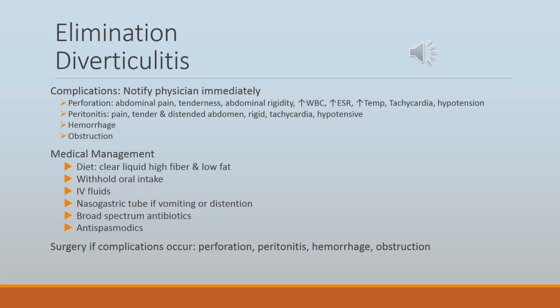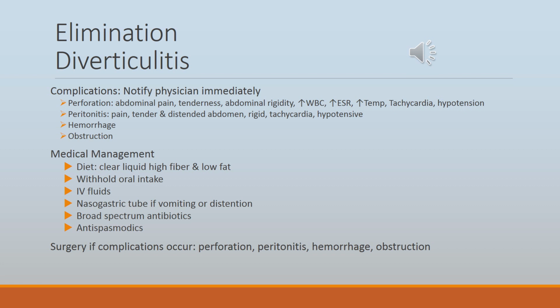Abdominal pain, a rigid board-like abdomen, loss of bowel sounds, and signs and symptoms of shock occur with peritonitis. For the medical management, diverticulitis can usually be treated on an outpatient basis with diet and medication. When symptoms occur, rest, analgesic medications, and antispasmodic agents are recommended. Initially, a clear liquid diet is consumed until the inflammation subsides, then a high-fiber, low-fat diet is recommended. In cases of diverticulitis with significant symptoms, hospitalization is required.